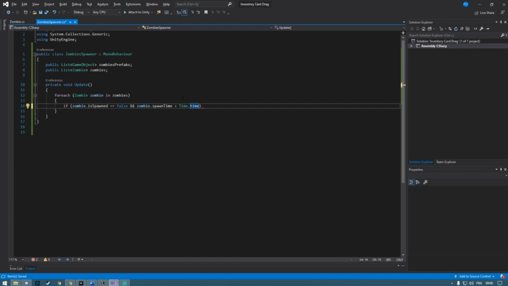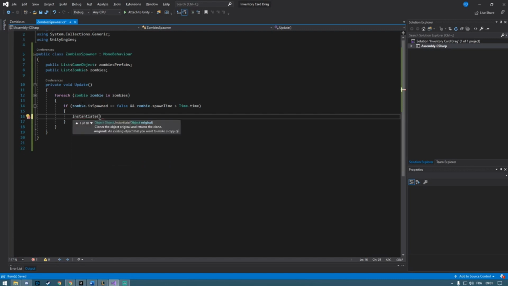So after 2 seconds, like it's gonna know the exact time, so it's gonna just increase forever until we stop the game. So that is working fine. So if that time is greater than that time, what we're gonna do is